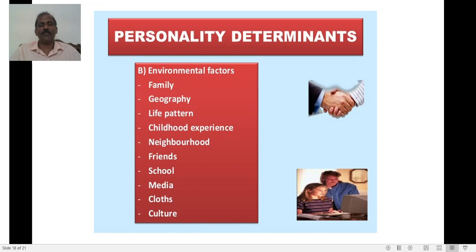And life pattern, you can take it as a lifestyle, working class, executive or officials class, and their children, how they are raised and how they develop a personality definitely differs. Childhood experiences make him very industrious, or sometimes create shyness and so on. It is said that as per the leading